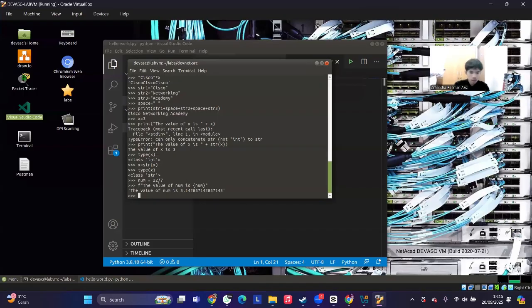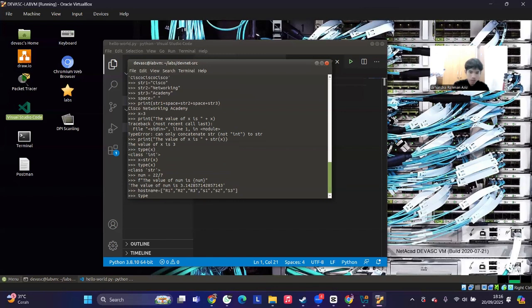The first one, for example, host name equal, I will use the open square bracket like this one, and then I will type R1 comma R2 comma R3 comma S1 comma S2 comma S3, close, then type host name.